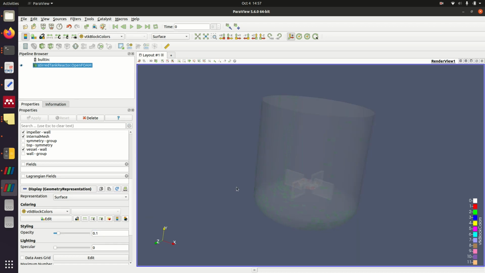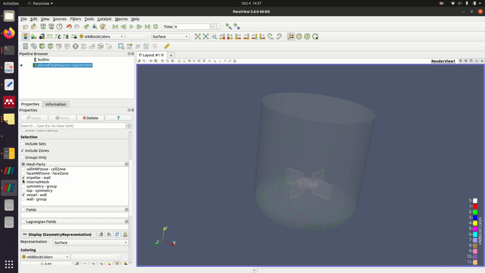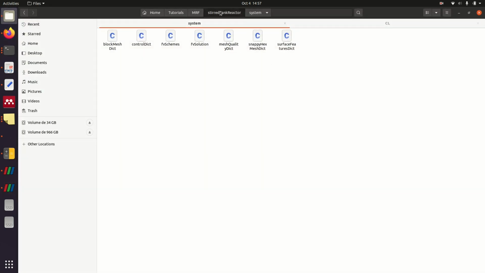So this is the vessel, this is the impeller here, and the top, we can see here the top, the vessel wall, and the impeller inside. Okay, so now that our mesh is ready, let's go and see the boundary conditions